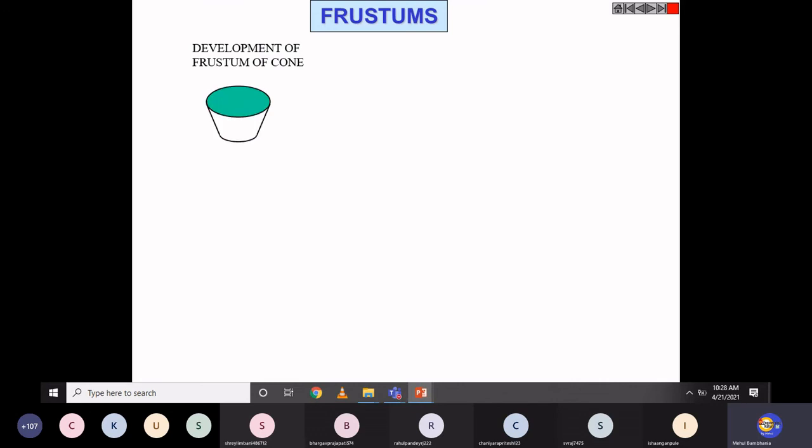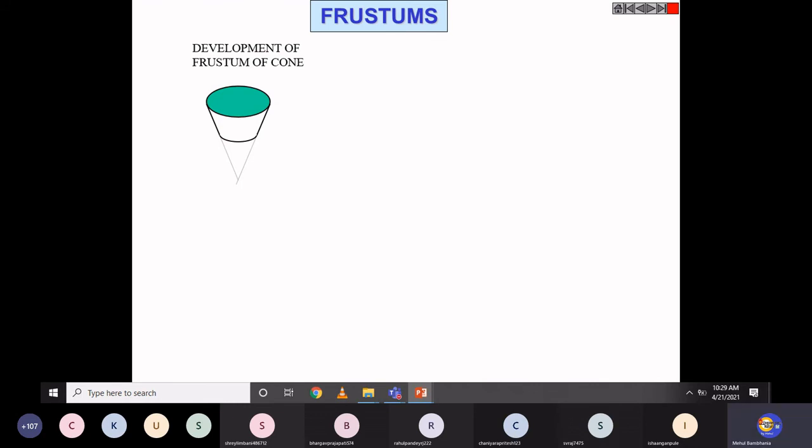So that section of solid, when you do the sectioning approach, after sectioning, that solid is actually referred to as a frustum. It is not called a solid, but if you cut that solid with the cutting plane, then the remaining solid is referred to as a frustum. Likewise, let's say we have a cone, and we cut that cone from somewhere over here with the help of a cutting plane, and the remaining solid is this. Now I wish to develop this remaining solid. That remaining solid is generally referred to as a frustum. A frustum is a somewhat half-cut solid, right?